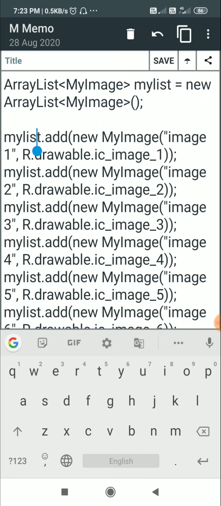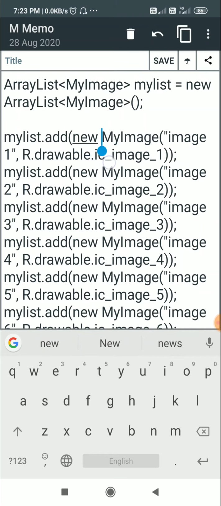Now in this myList we add items. So myList is a list of myImage, so in this we can add many myImages. So I add new myImage and I use the constructor which contains a string comma int.